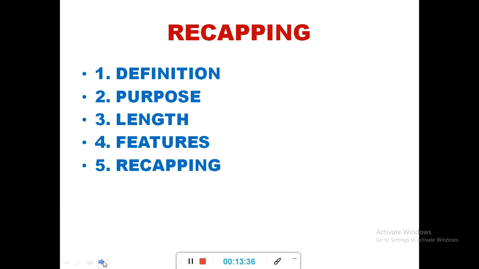And we also looked at the fact that the thesis that we are talking about here is different from the thesis statement, which is usually an integral part of the introductory paragraph of virtually every good piece of writing. So the thesis we are talking about here is an academic paper that is required to be part of an advanced university program. Then we looked at the purpose of the article, which is